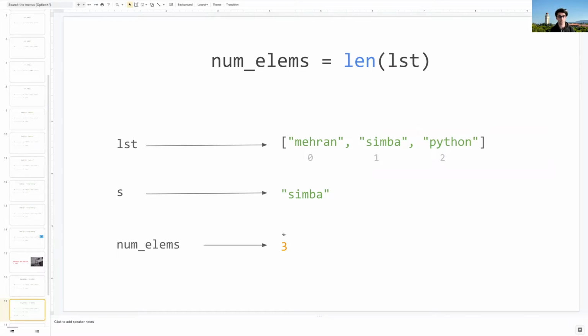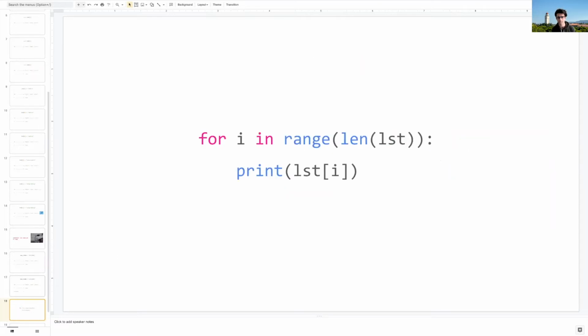And so we store 3 over there. So notice that I actually fell into a trap a little earlier on. I started counting from 0. But when we're talking about the length of the list, all we really care about is how many elements there are in the list, which is 3.